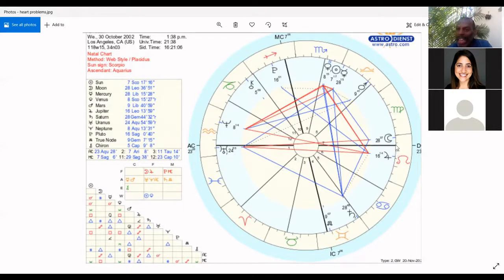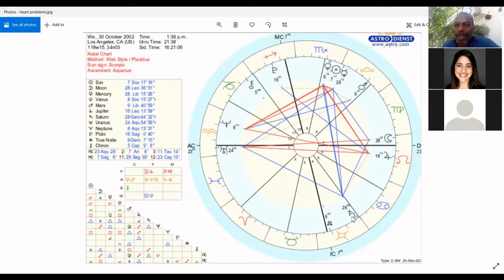One of the things I also thought was interesting is, guess what? We've got an applying aspect between the moon and the ruler of the ascendant. So here's my point, coming back to what I said about the aspects. Aspects link the natures of the planets, and they link the houses that they occupy and the houses that they rule by sign. And that's how you come to know what's the karmic content of the chart.